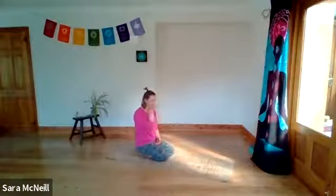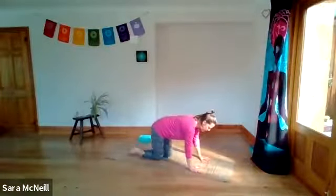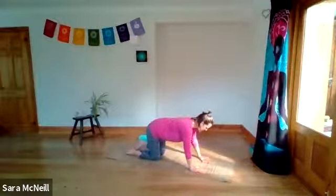Okay, so we're going to do some twisting from downward dog and stepping into lunges. I think this would be quite a nice thing to do as well. So we're going to come into downward dog first. If you're not familiar with downward dog, then I'll talk you briefly through it. And if you are, you can pop up and give yourself a little bit of a shimmer,